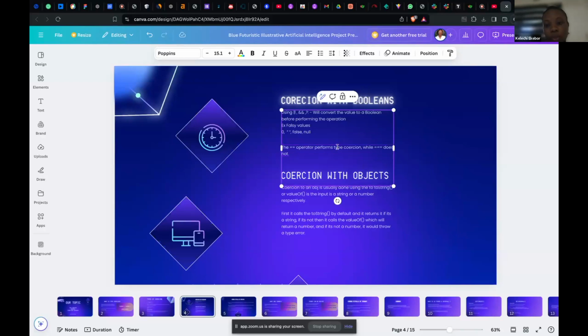And then in the case of the comparison operators, in JavaScript there are two comparison operators. You have the equals operator, and then you have the strict equals operator. So this first one checks both the data type and the values, while the strict equal operator, the one that has the three equal signs checks for, sorry, I made a mistake there. The first one only checks for the values, while the second